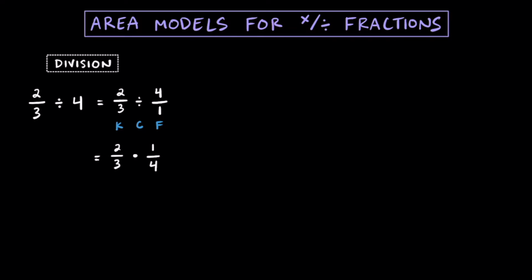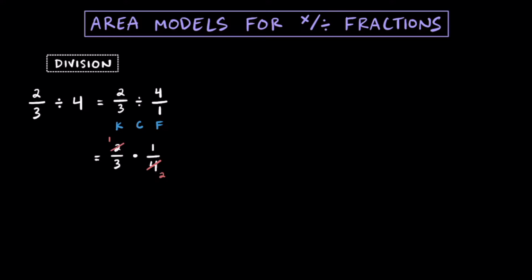At this point, you can just go ahead and multiply the tops and the bottoms together and then simplify, or we could also try to cross cancel along the way. So looking here, I notice on the top and the bottom, this 2 and 4 have a common factor of 2. So dividing them both by 2, we get 1 on top and 2 on bottom. If we don't have anything else we can cancel, that means we can just multiply